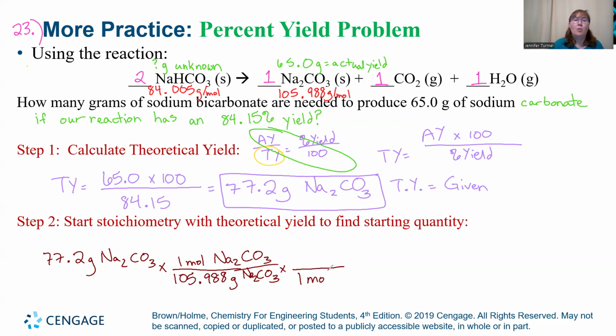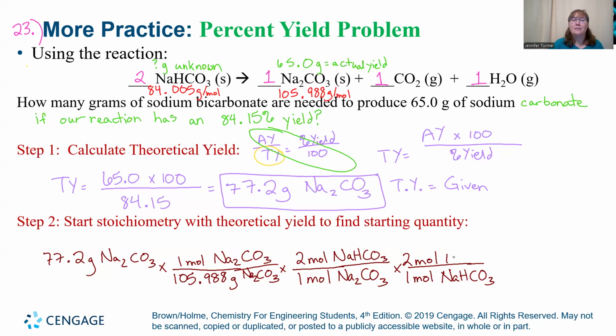For every 1 mole of sodium carbonate, Na2CO3, I have 2 moles of sodium bicarbonate, NaHCO3. And the last piece that I need here is my molar mass, which tells me that 1 mole of NaHCO3 goes with